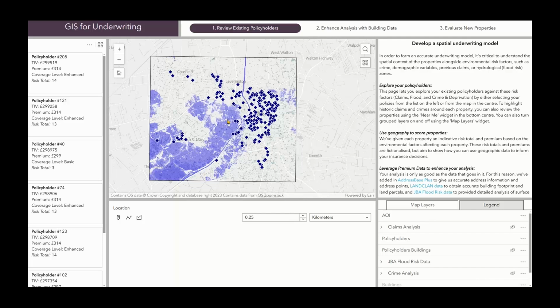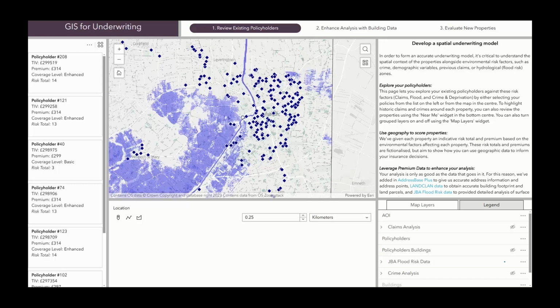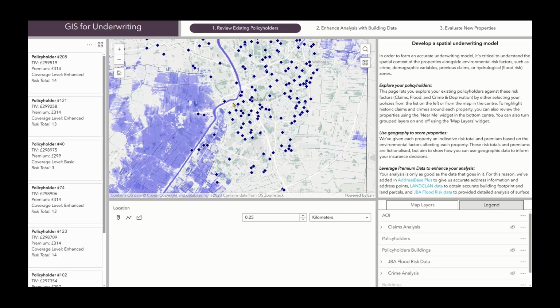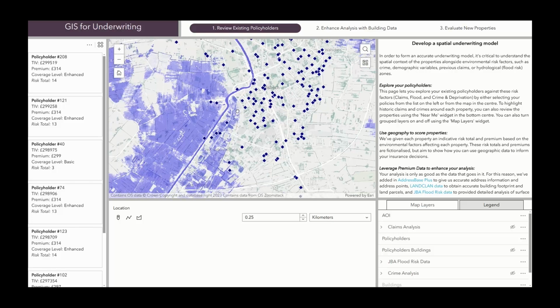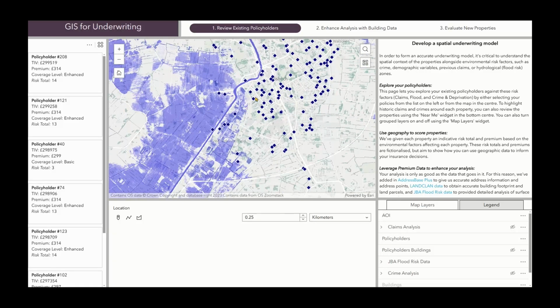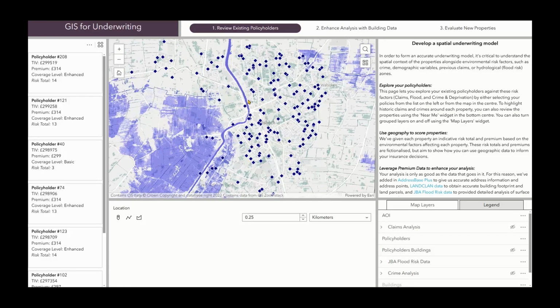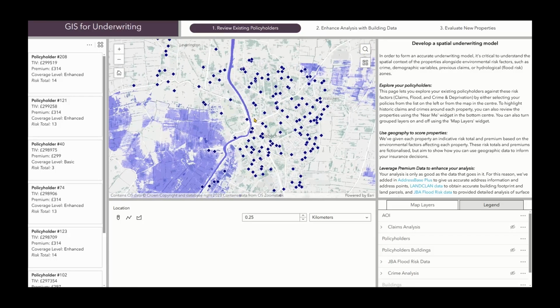Here we are in the premium version of our underwriting application. In this case, we're using premium data from our partners, including AddressBase Plus from the Ordnance Survey, ParcelInfo from LandClan, which are land and property extension for Esri, and detailed flood risk maps from JBA. All of our data partners provide data in ready-to-use formats across ArcGIS, which allow you to start using them in